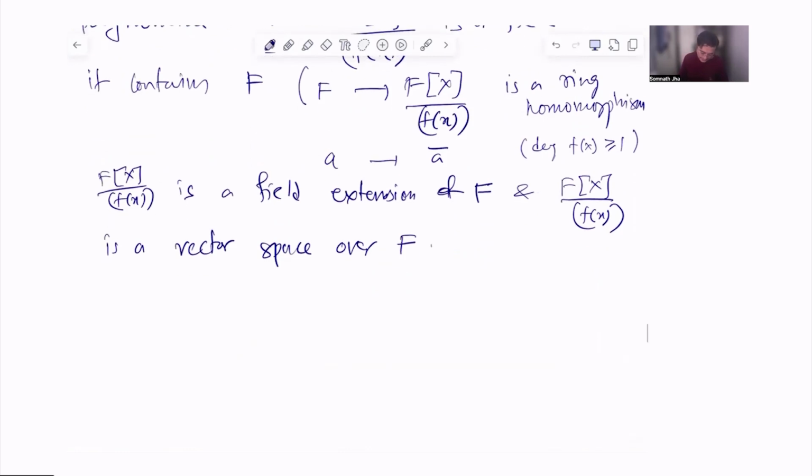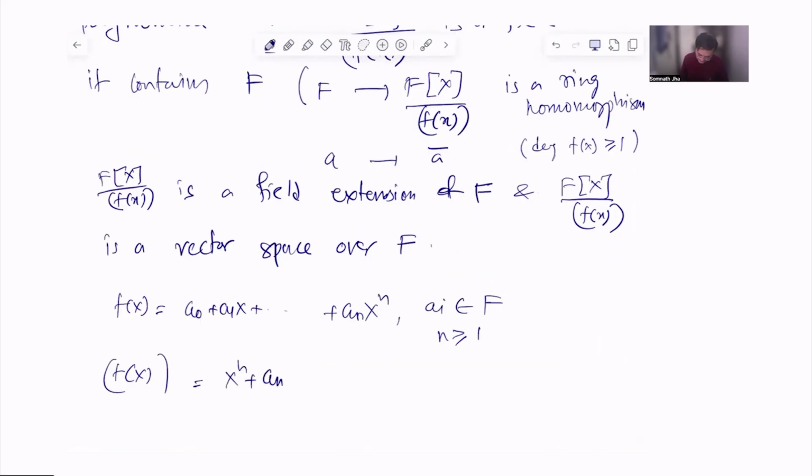So let's say f(x) equals a0 plus a1 x plus up to an x to the power n, where ai belongs to F and n is greater than or equal to 1. Then the ideal generated by f(x) I can also write as